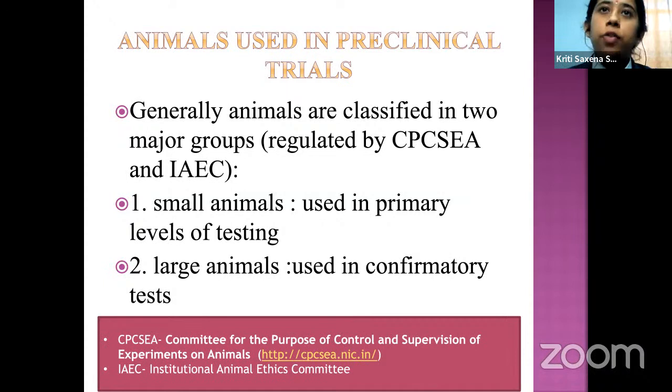There are several kinds of animals that are used in preclinical trials. Generally, they are classified into 2 major groups. One is the small animals, and second is the large animals. The animal trials are totally governed by the CPCSEA, that is Committee